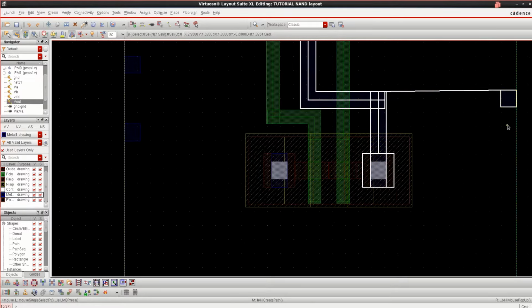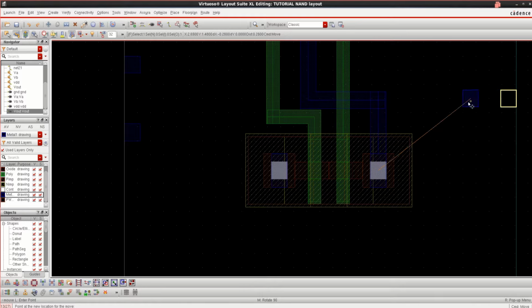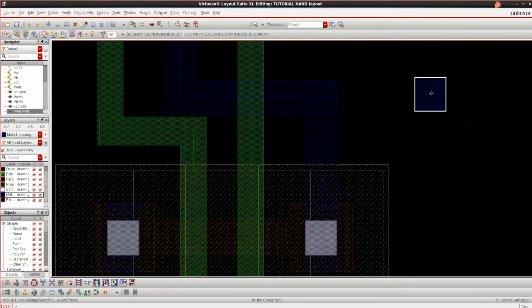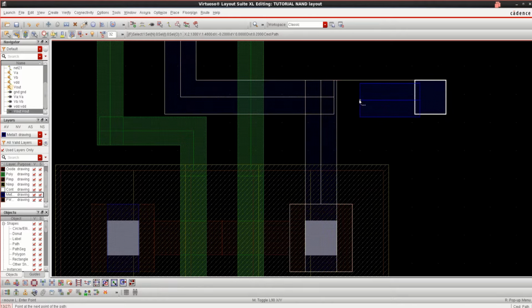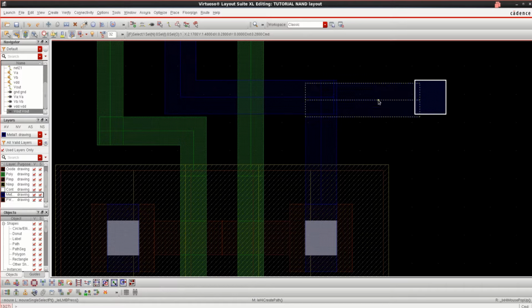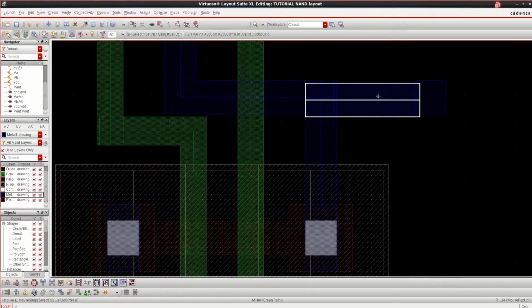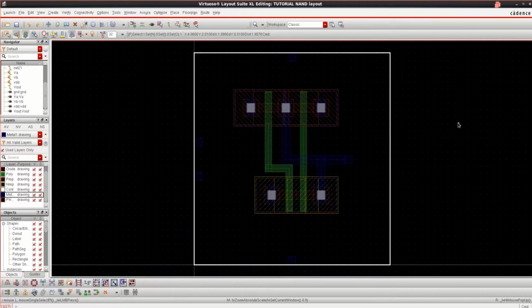So this is the output node which has to be routed by using the metal. Press P for this. You can adjust it. So select this layer and you can adjust it as per the requirement.